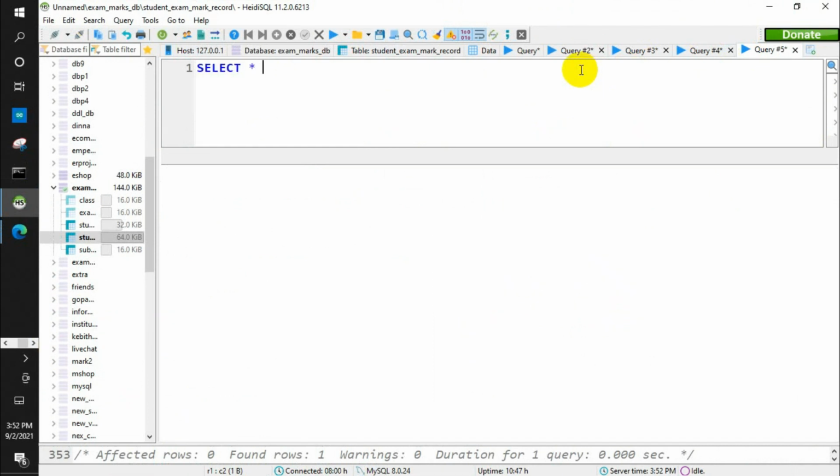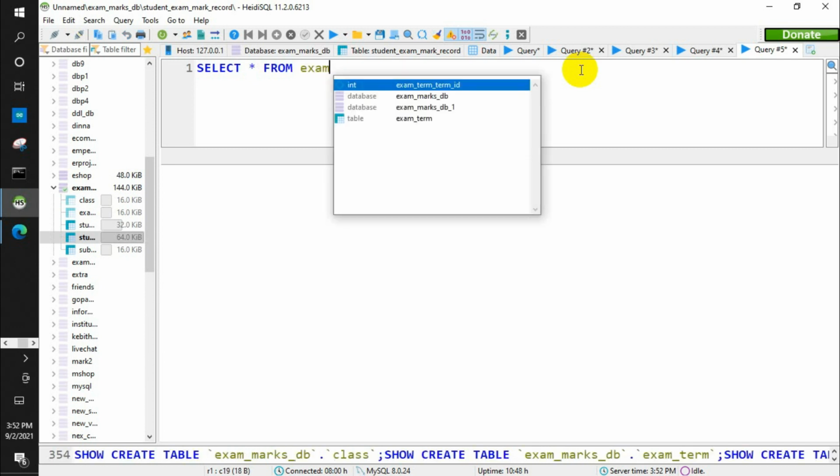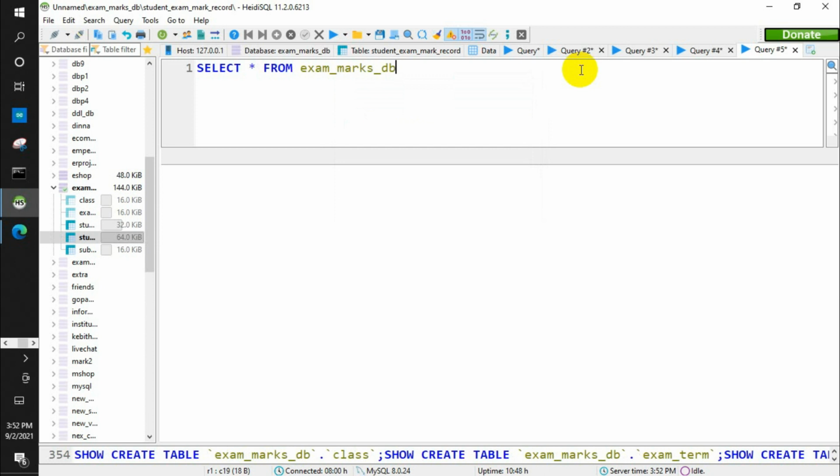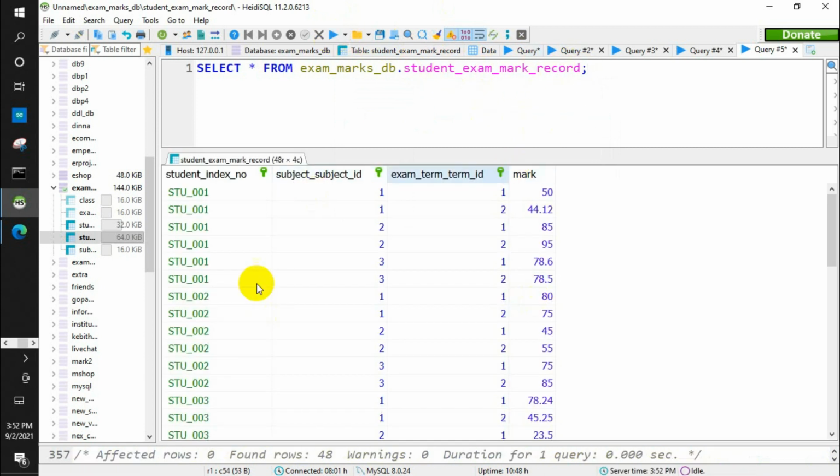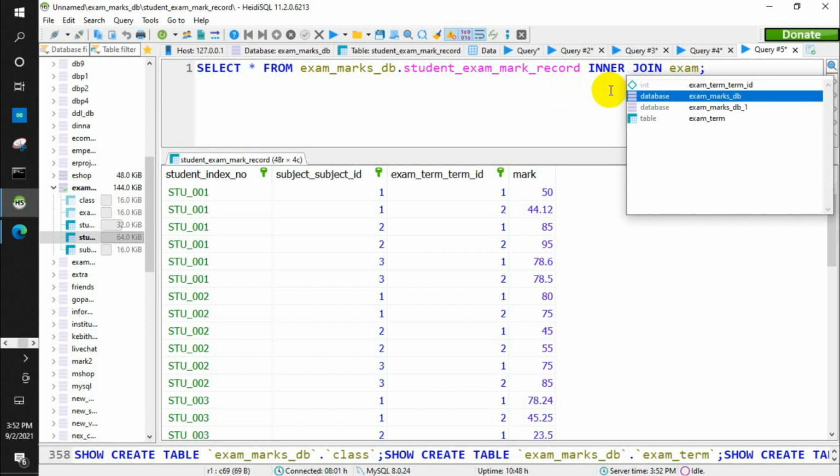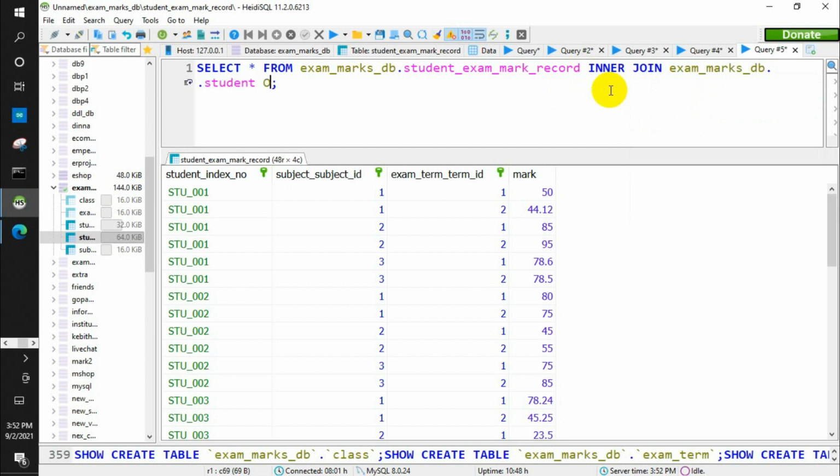Select all from exam_marks_db.student_exam_marks_record table. Now we have all the marks in this table. I am going to join the student table, exam_marks_db.student, on